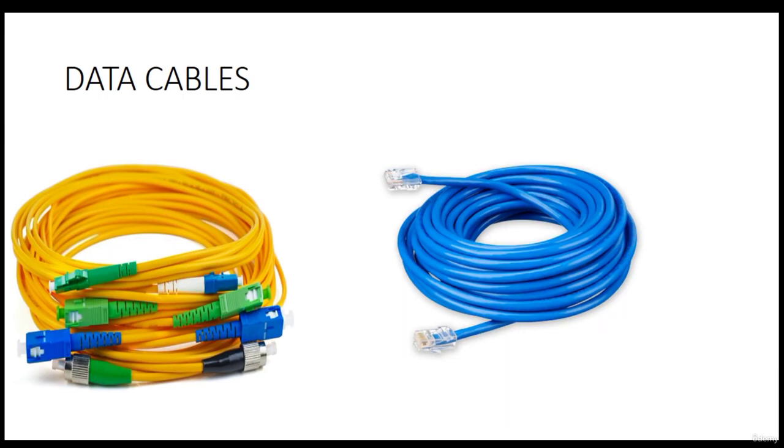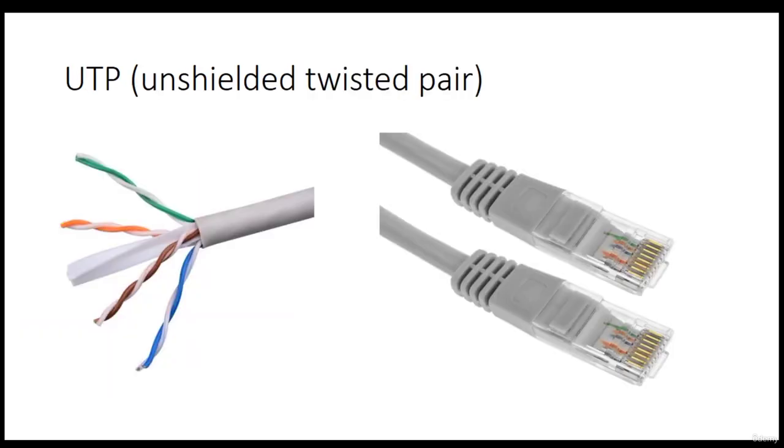Data cables. Data cables are divided into two main types, UTP cables and fiber cables. As you can see here, the UTP cables and this is the fiber cable. UTP cables, unshielded twisted pair. Cat6 or Cat6A and Cat6E standard UTP cables are used in all data center cable networks due to their robustness,